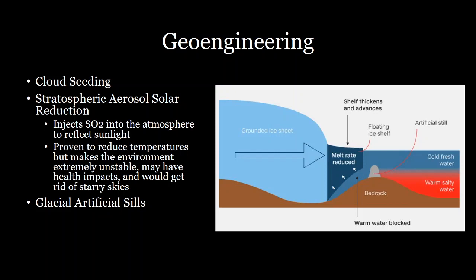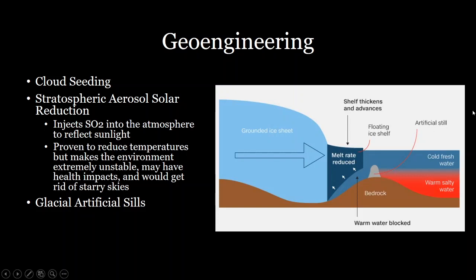Another potential solution that might help is the use of glacial artificial sills. As we talked about in the last lecture, marine terminating glaciers can have a significant amount of melting due to the influx of warm ocean water to their terminus. As the water laps against the end of the glacier, it can provide heat to induce more melting. And so if we have a way of reducing the amount of warm, deep water from reaching the glacier, then we can reduce the amount of melting and therefore reduce the amount of sea level rise.